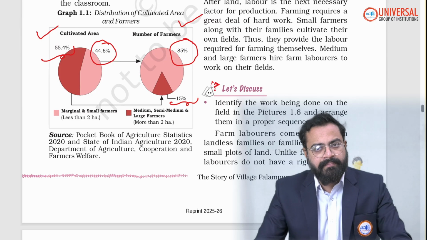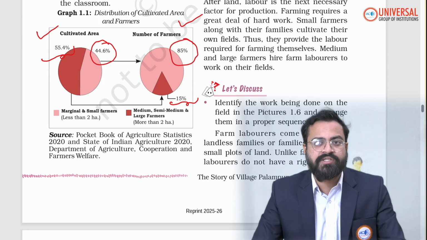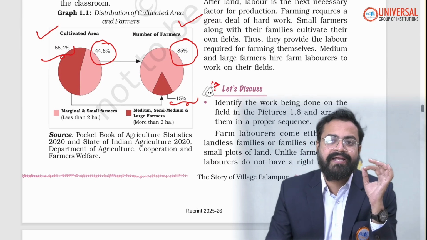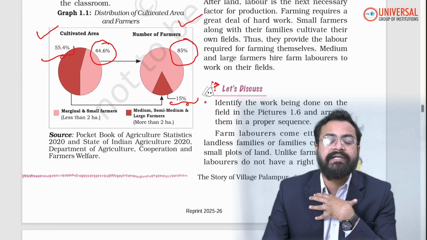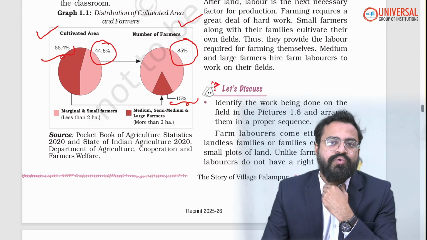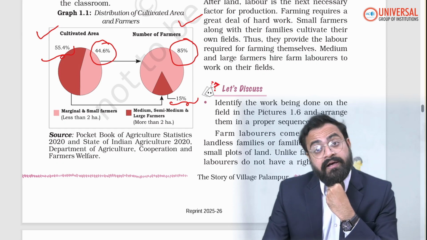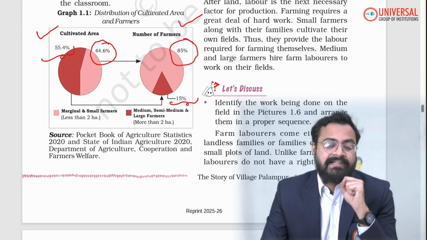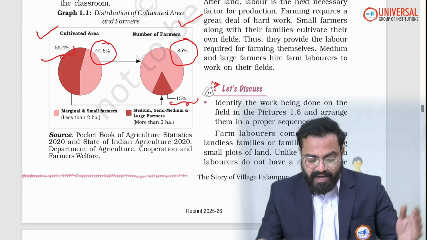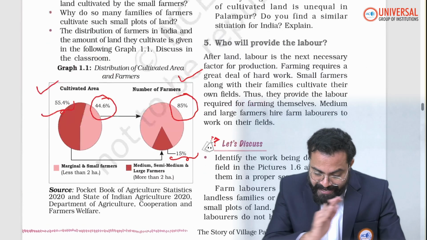I believe it's very clear. This is what I always call the reinterpretation of NCERTs, because these NCERTs are not designed for a student who is preparing for the civil services. Rather, they are designed for a student who is studying in the 9th standard, this particular NCERT. Now, moving to the next theme.